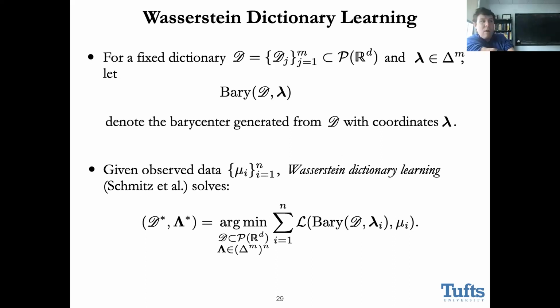I'm going to call that D star and corresponding lambda star, so that I can approximately reconstruct all of my observed measures mu1 through mu_n as barycentric combinations using the dictionary D. Okay, so the idea here would be that if m is much less than n, then you would not expect this to be equal to 0 generally, right? You would be having some kind of compression coming out of learning a small number of measures that approximately represent all my training data. Of course, if m is greater than or equal to n, then this is a trivial problem. You just take the original training data as your dictionary and get 0 error.